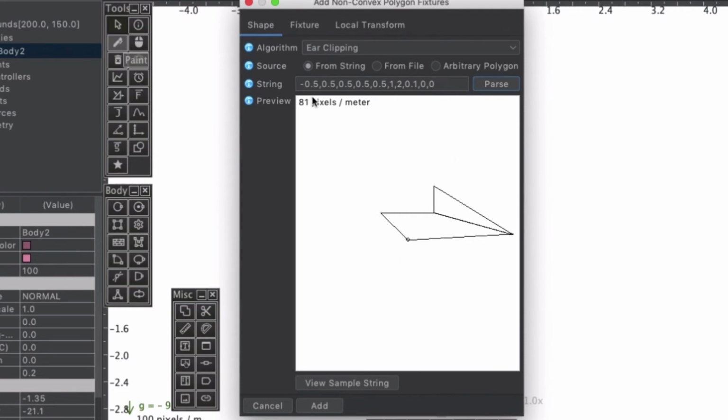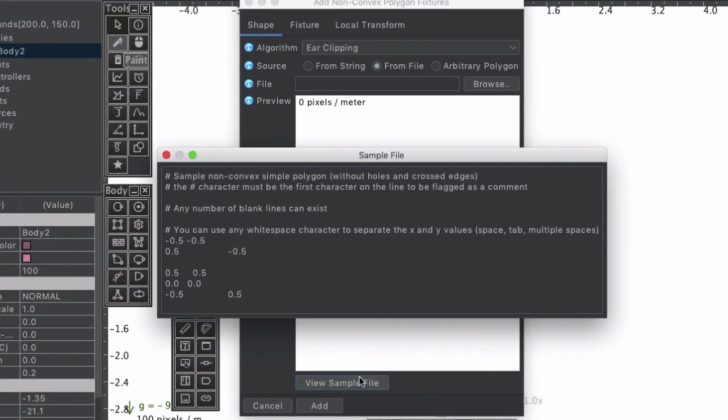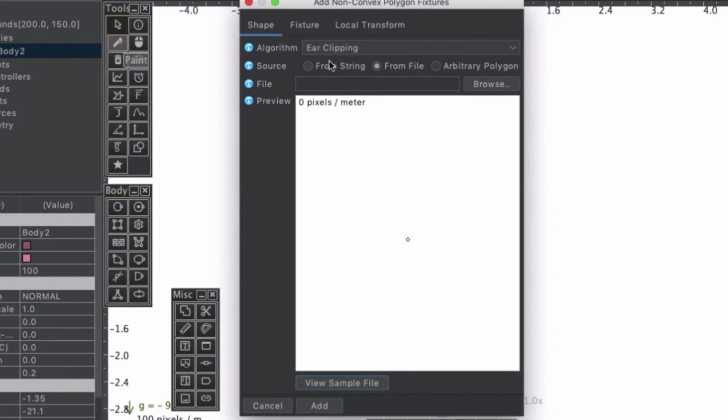You can also create a file containing the data in this format. You can view the sample file here. You can take the set of points as a comma separated file. The x and y coordinates are separated like this string.